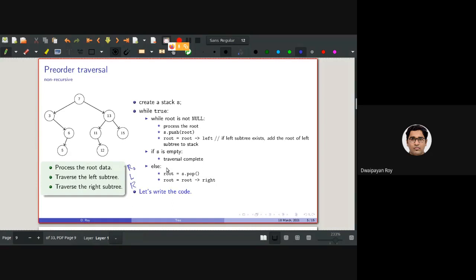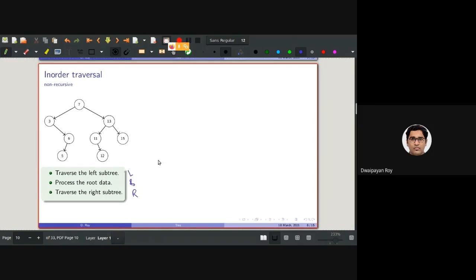So how will I be able to make the corresponding non-recursive version? Can someone say? I just need to change two lines in this code, in this algorithm. Please help me, or please try to say how to do that. So this was the pre-order traversal. I was applying this process the root here, and then I was going to the left, then going to the right after popping. But here, what do I need to do?